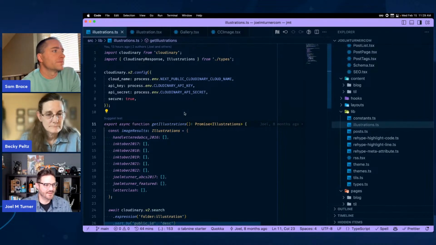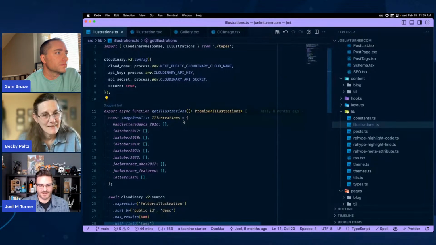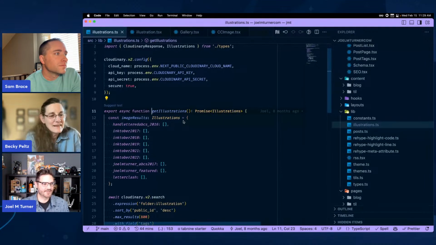Yeah, and that kind of comes down to another great Cloudinary utility. I think Colby made it. Next Cloudinary. For Next.js or for Netlify, yeah. This one is the wrapper around Next Image that allows for Cloudinary URLs, and as soon as I learned about it, I threw it in there because I had so many troubles getting it just right between Next Image and the Cloudinary URLs. Just mainly the width and height. It just never